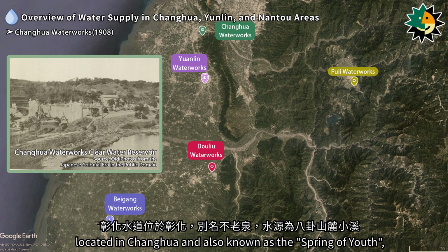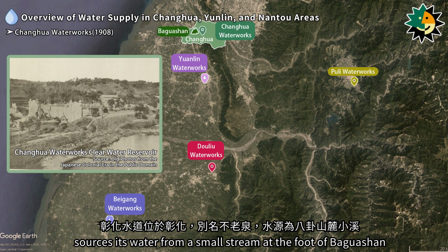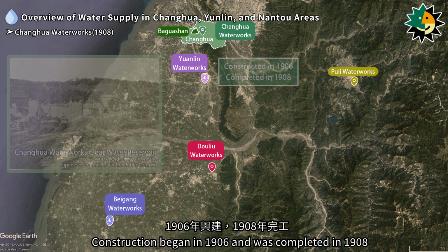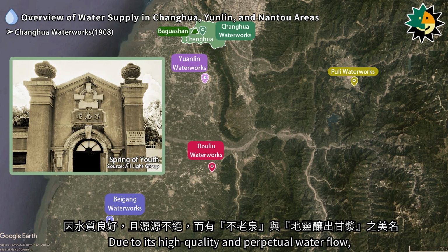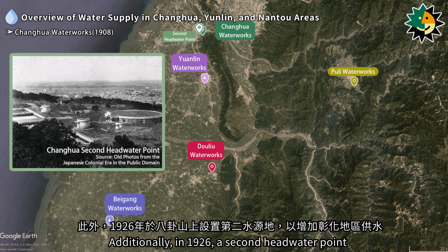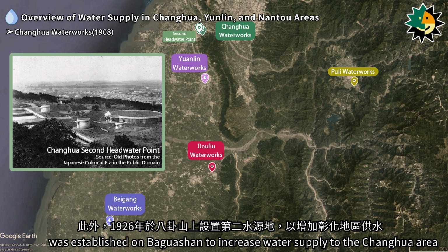Changhua Waterworks, located in Changhua and also known as the Spring of Youth, sources its water from a small stream at the foot of Beigang. Construction began in 1906 and was completed in 1908. Due to its high quality and perpetual water flow, it earned the names Spring of Youth and Sweet Dew from genius loci. Additionally, in 1926, a second headwater point was established on Beigang to increase water supply to the Changhua